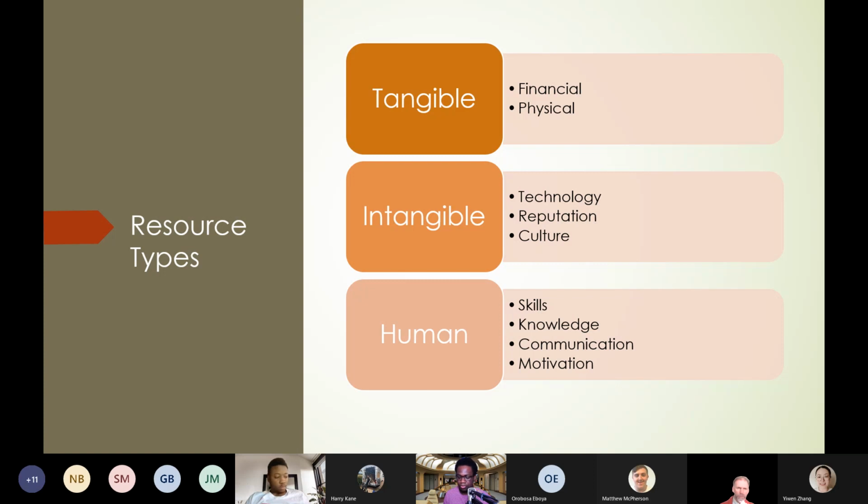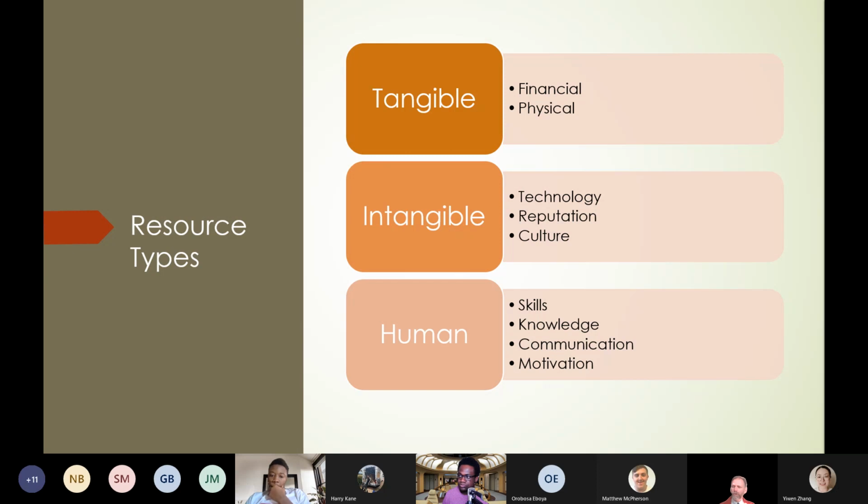Who do we have? What do they do? What do they know? Are they motivated? What are our staff like? Are they a good resource, or are they actually not up to what we need either now or in the future, and will we have to look at getting people with different skills, different experiences?